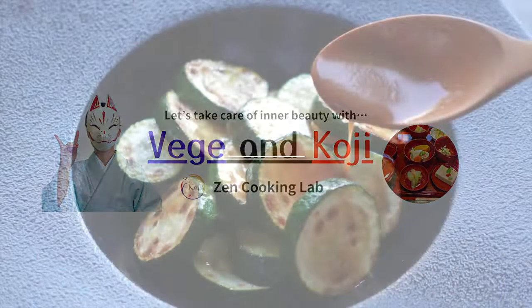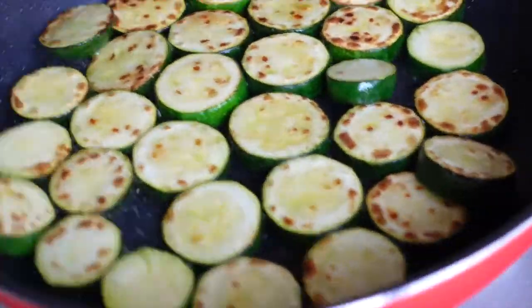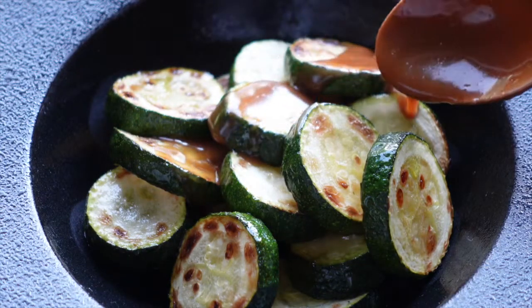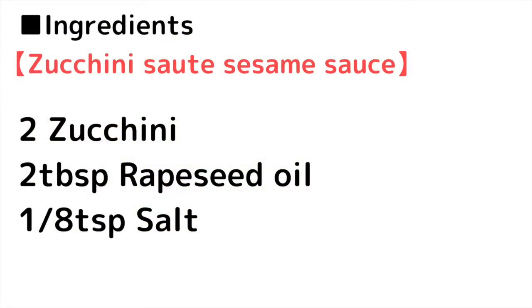Hi everyone, today's Shojin ryori is Zucchini Saute with Sesame Sauce. It is a dish of seasonal zucchini roasted and sprinkled with homemade sesame vinegar sauce. It's easy but surprisingly delicious Japanese food. Let's make it together. Ingredients: